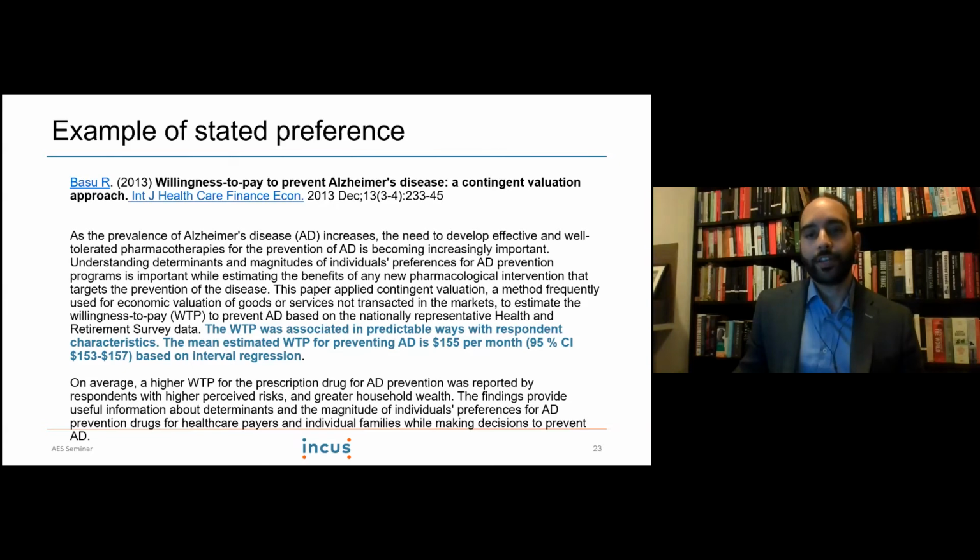One of the challenges with these sort of studies is you do need a large sample size to account for individual variances and things like people having different amounts of income or people being higher at risk of Alzheimer's disease, for example. So often it's not plausible or feasible to do this as an evaluator or per program, but you will find research on this available and it might be useful as a starting point.